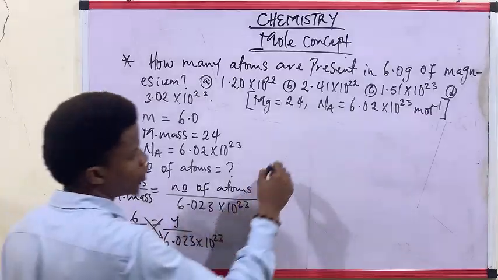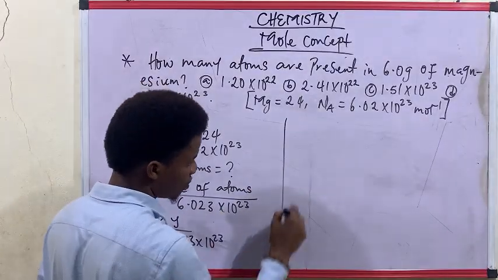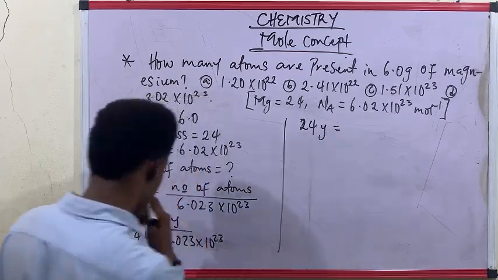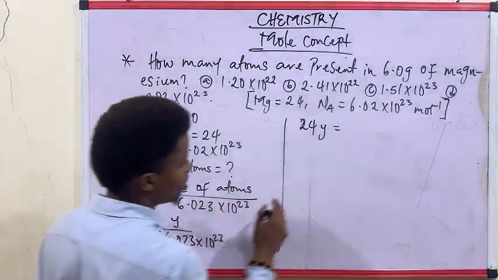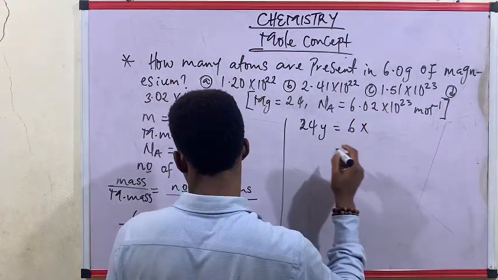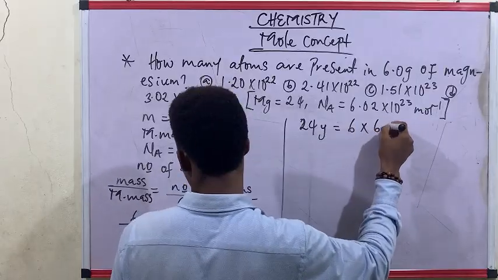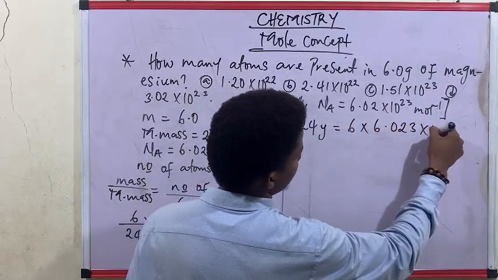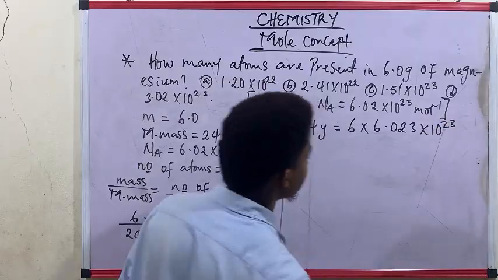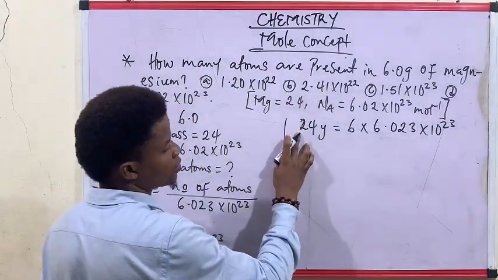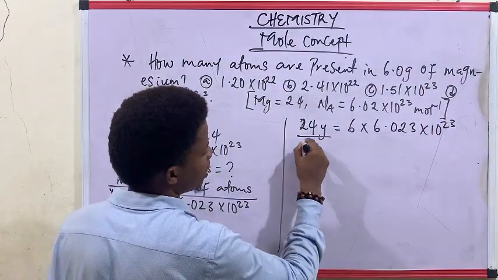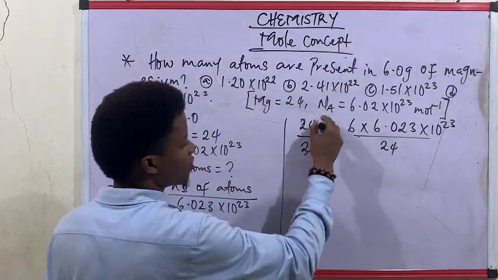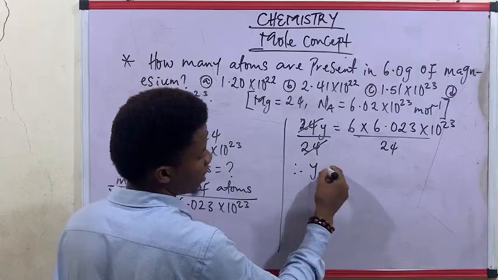Y times 24 is 24y, which is equal to 6 times 6.023 times 10 raised to the power of 23. At this point, we make y stand alone. We divide both sides by 24, so that 24 cancels out 24. Therefore, y is now equal to